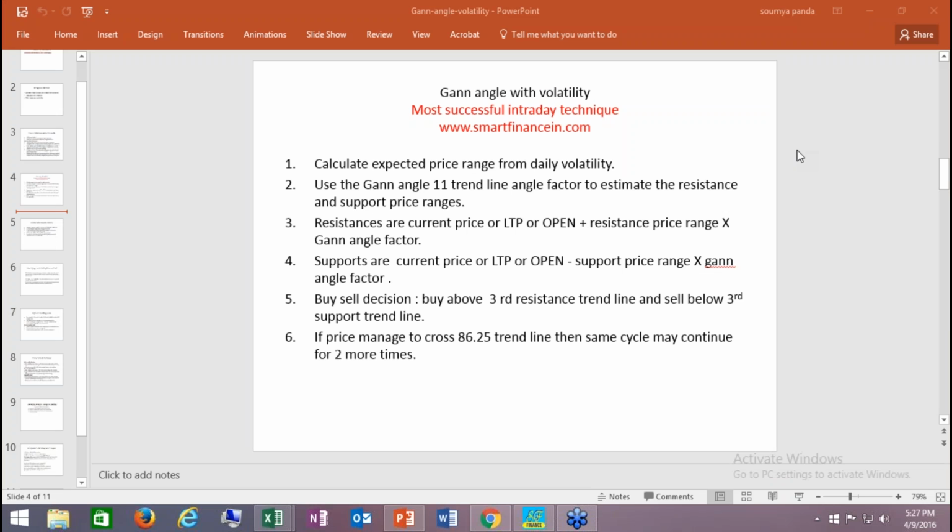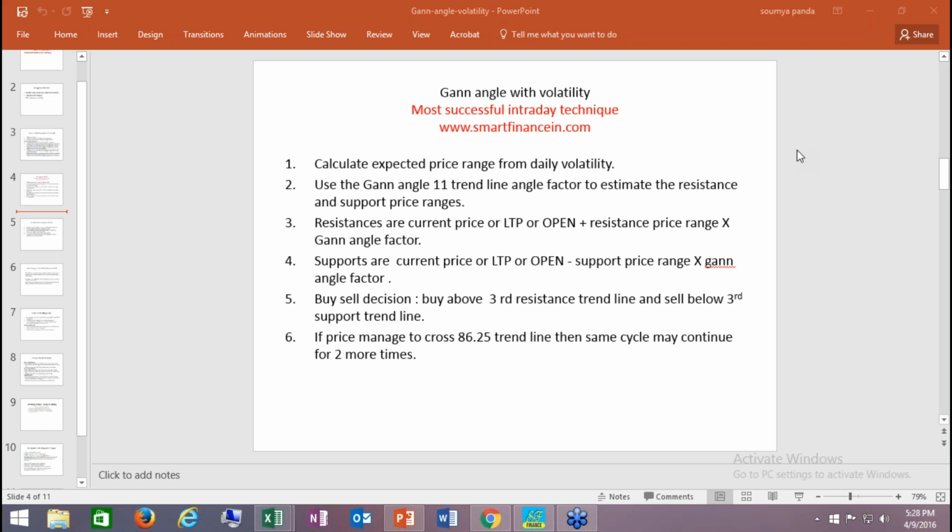Dynamic approach of Fibonacci study having two basic differences. Number one, you are deriving the price range from the volatility by multiplying the volatility with the last traded price. You are deriving the price range, and using that price range along with the Fibonacci retracement ratios, you are adding or subtracting with the last traded price,